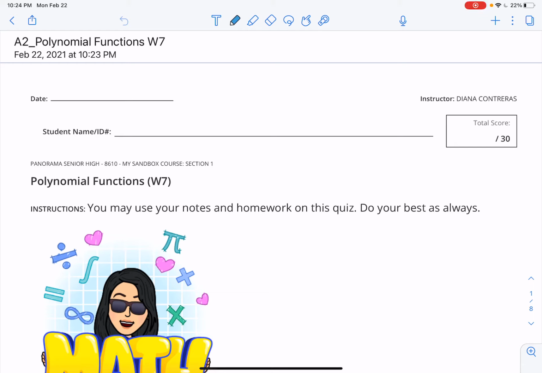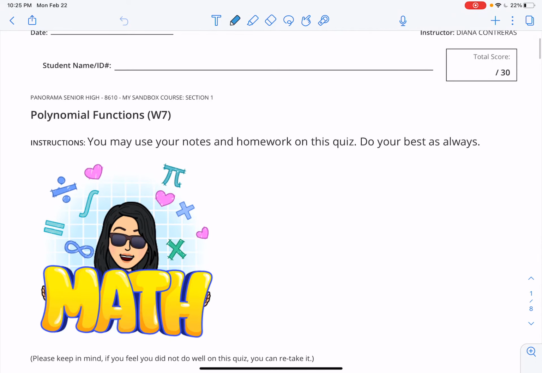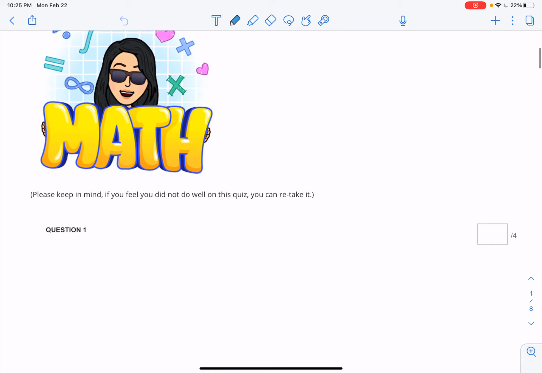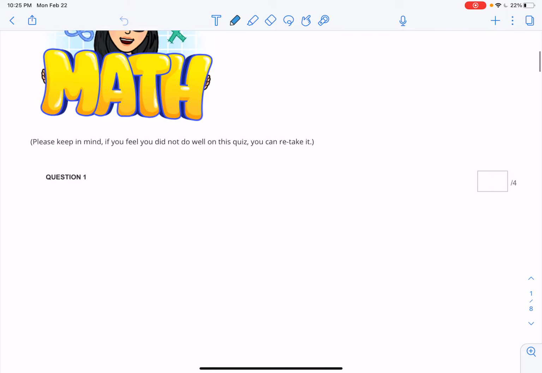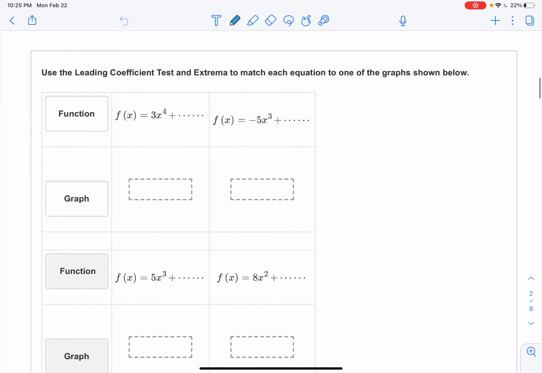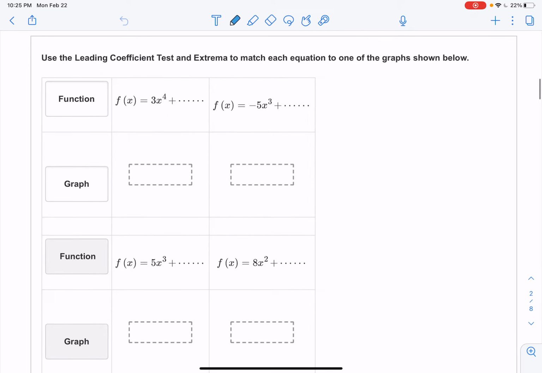Hey, this is a quiz review. All right, so let's go ahead and get started. This is for the polynomial functions. So you may use your notes and your homework on this quiz, and like always, do your best. Keep in mind, if you feel you did not do well on this quiz, you can retake it. All right, so here is the first